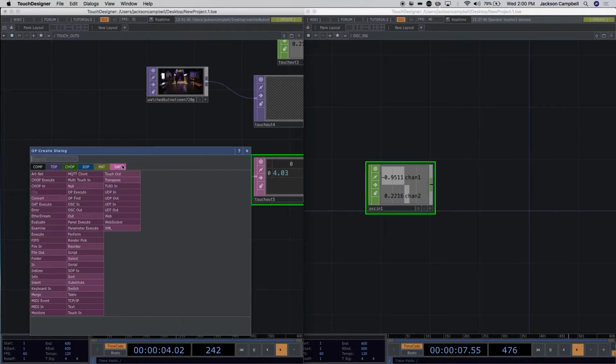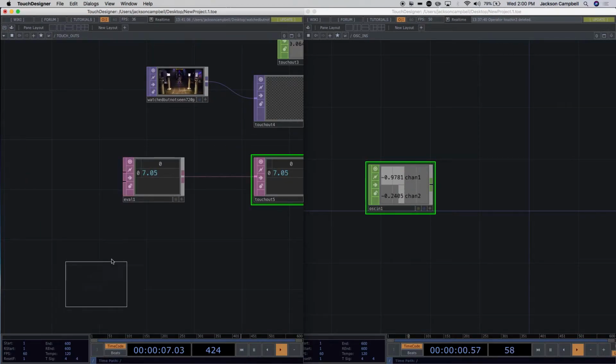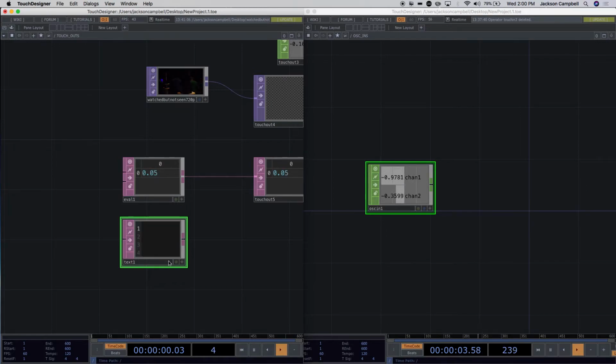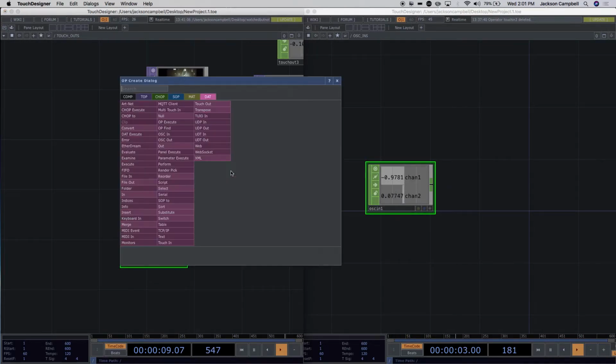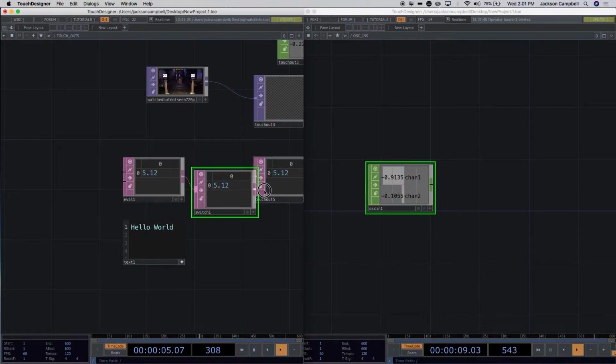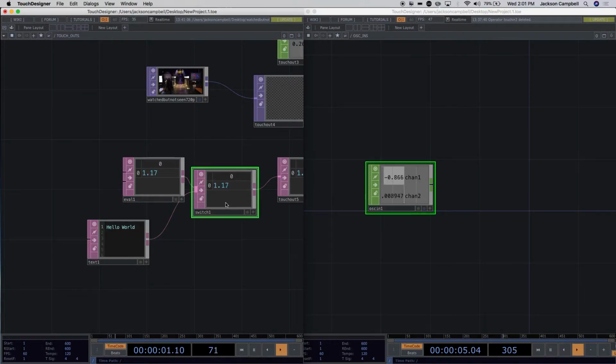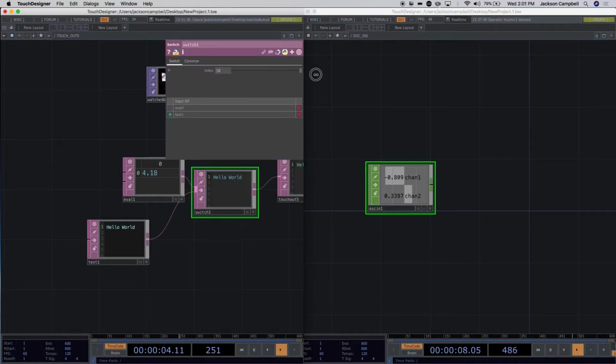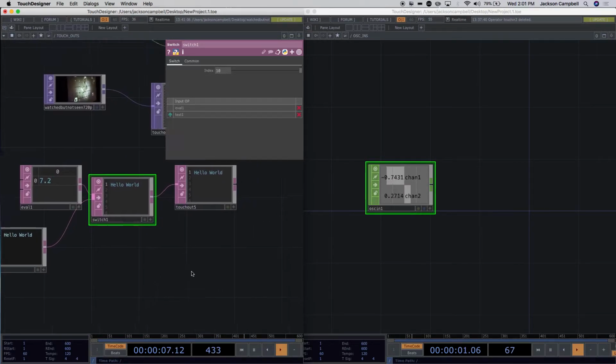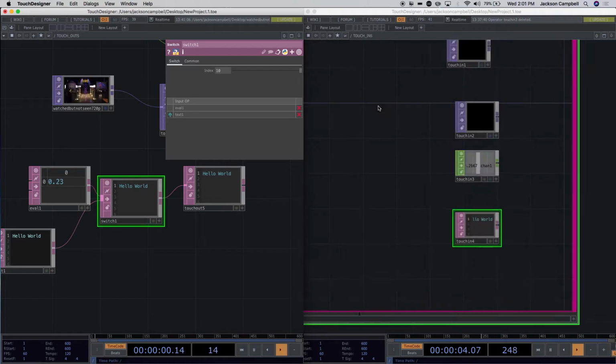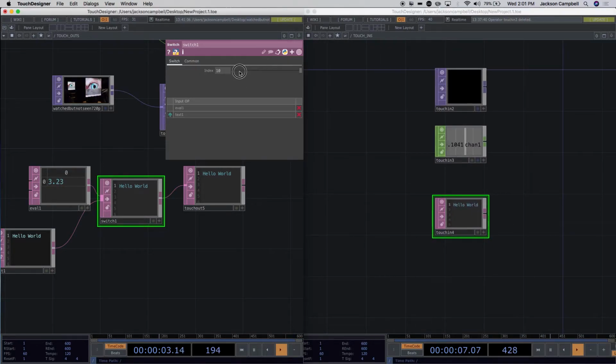So I can say, you don't have to do this if you don't want to, but I can just put a text here and make it active and say something like hello world, and then insert here a switch, for example. Patch the text into the switch, open the parameters for the switch and change the index, and now it'll send that text. So I can either send the data or the text